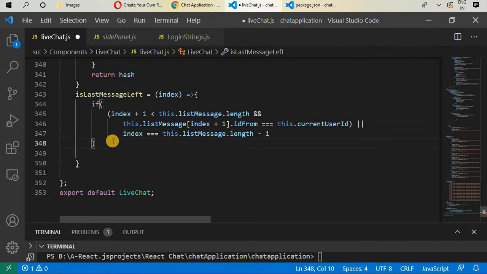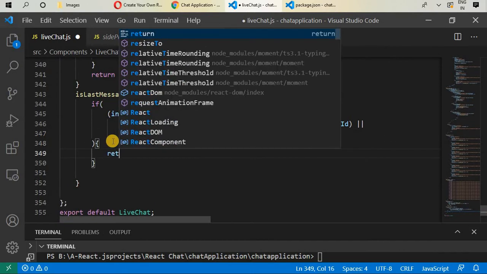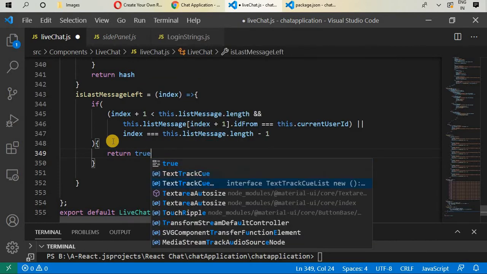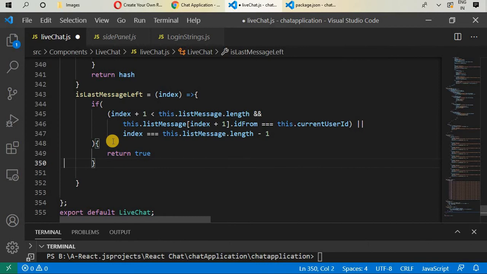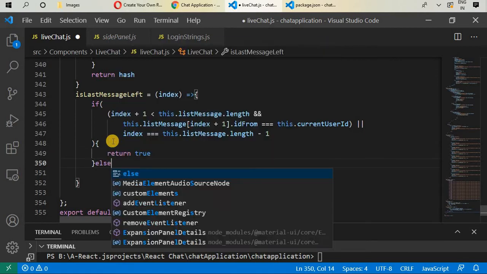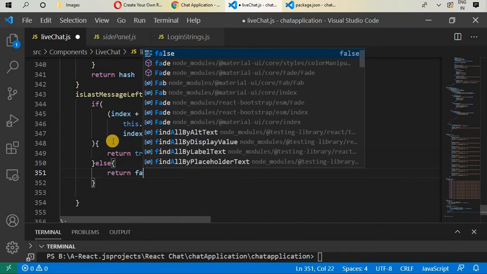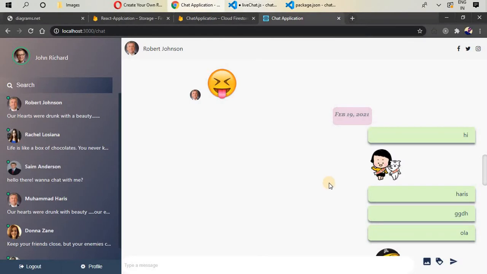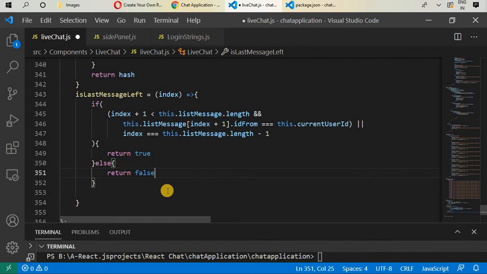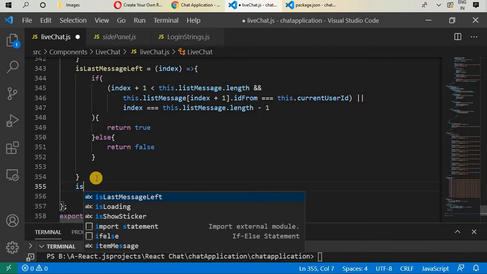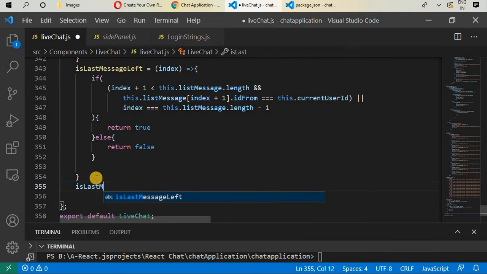Okay, so then we will write return boolean value true, and in else part we will give return false. So we are just checking if the last message is from right hand side or left hand side, so we are adding this algorithm. And same in the case for, and we'll write this function is last message will write